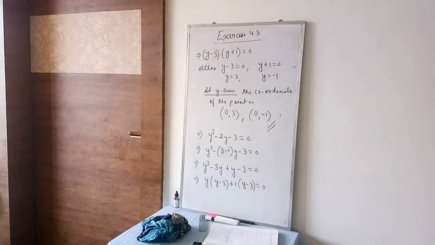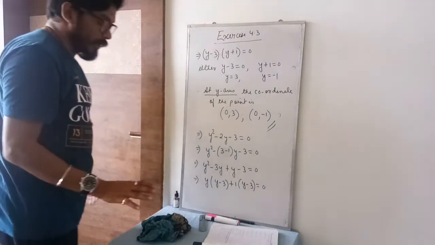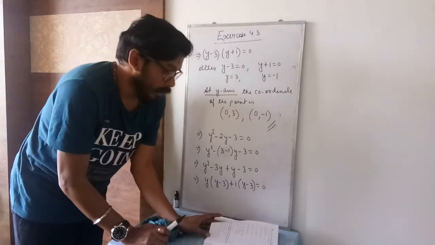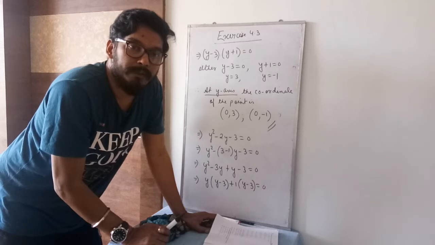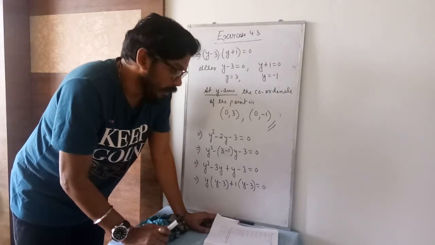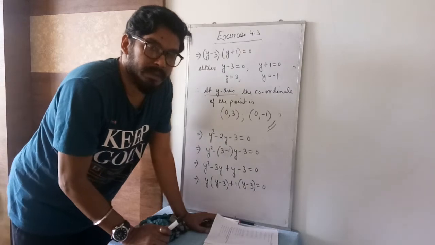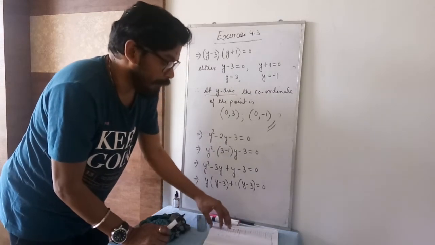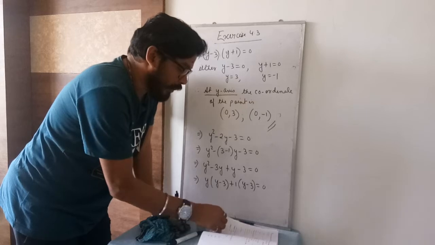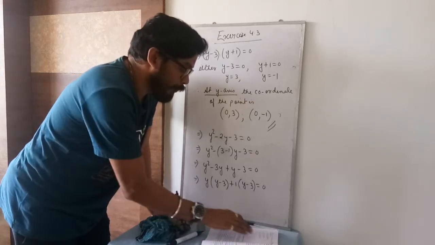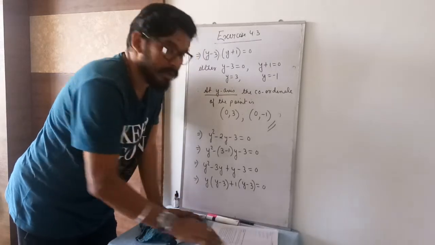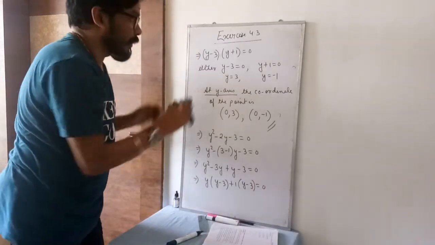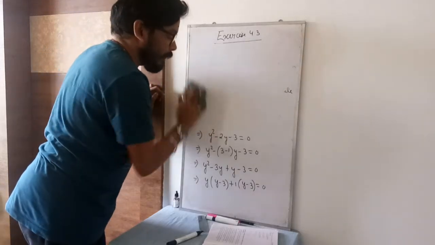Okay, so we can consider that exercise 4.3 is complete. From question number 1 to 19, I have done just 3 sums which I felt you may find problem in. Still, if in other sums you find a problem, just suggest to me what problem you have faced. Now let me come to exercise 4.2. In 4.2 we have done up to question number 9, 10 was not done. So let's start with question number 10.